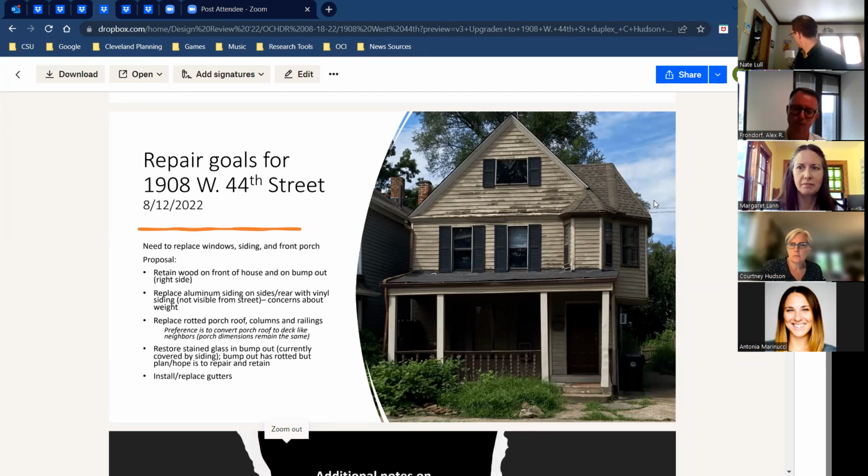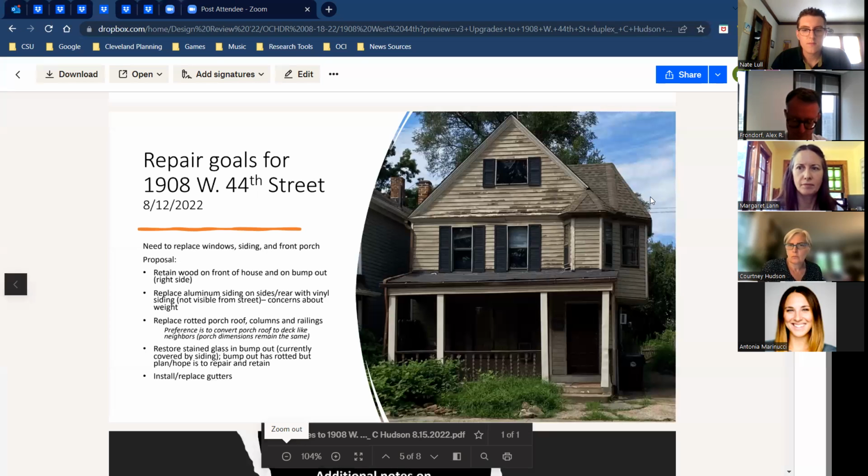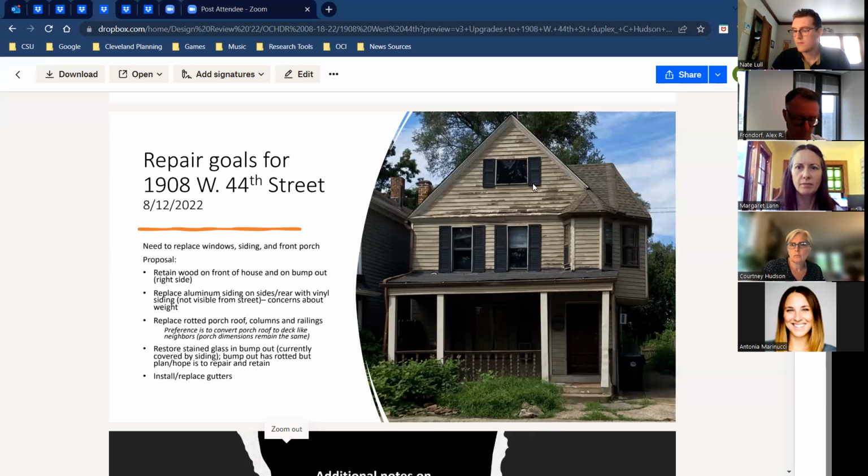But I have the same concern as Margaret, that you're putting the cart before the horse. If you have such significant issues with this house, which is common with houses that we've seen deteriorate, especially if there was ownership that was not taking care of the home for decades, you're likely going to have a lot more problems that are not just going to be fixed by new windows and new siding. So I would echo my colleagues in their assessment that double hung windows would be appropriate for the age of the home,